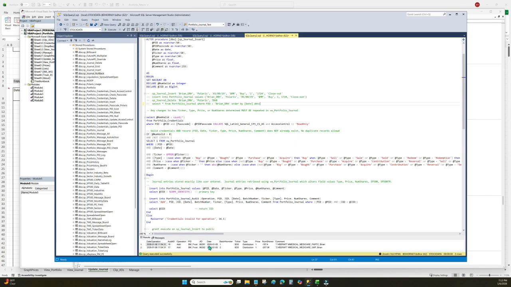The bottom here shows a snippet of the portfolio journal audit table. Each row in the table contains a date, the batch number, the ticker, the type, price, number of shares, and comment, pretty much the journal entry itself. It also includes the operation, add or delete, an audit ID, and then the date that the add or delete